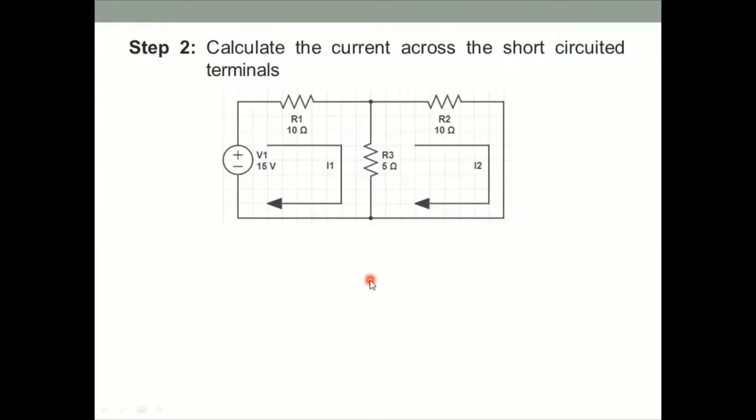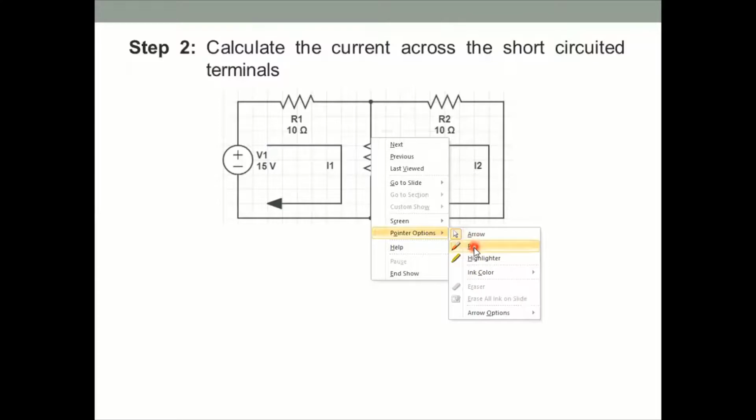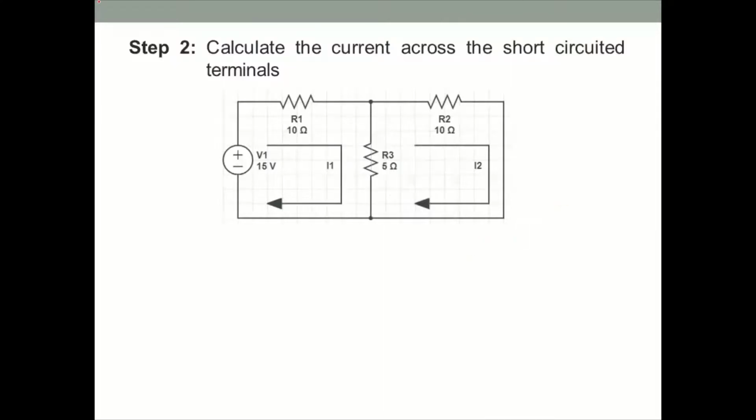After that, we need to give the sign notation, right? In order to give the sign notation, let me take the pen. For the voltage source, the current is flowing from minus to plus. So it is a potential rise, we are going to call it, right? Whereas for the resistor, the current is flowing through this part, right?